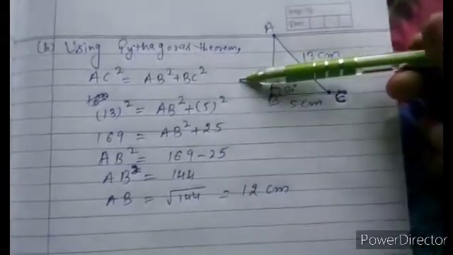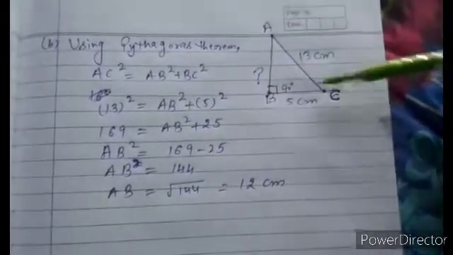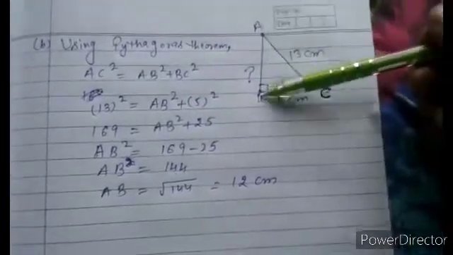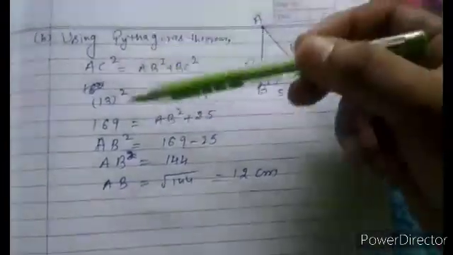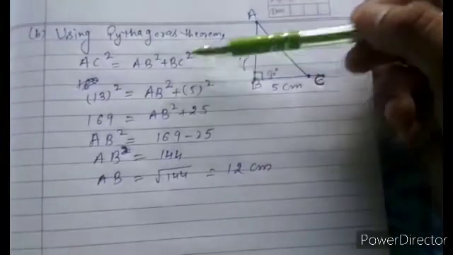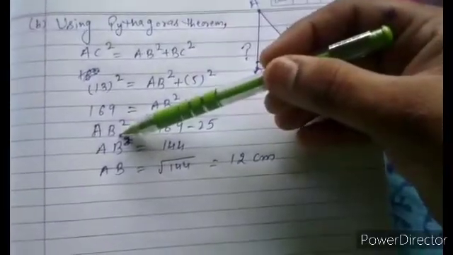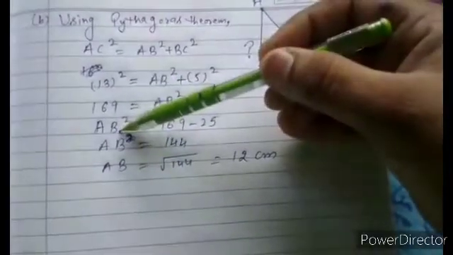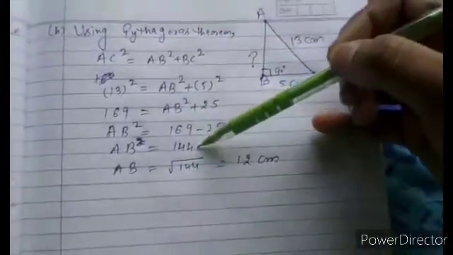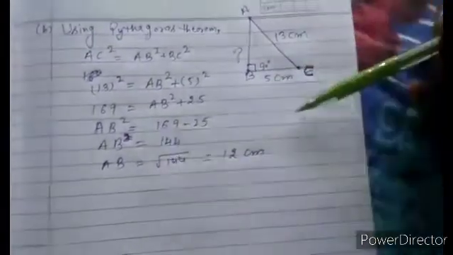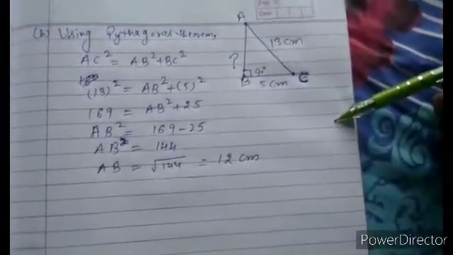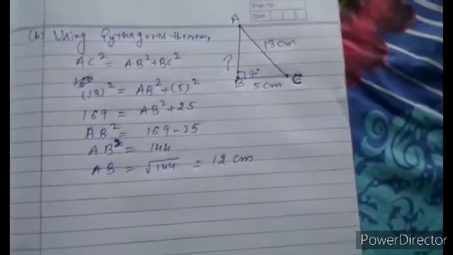Now let's see the B part of question number 7. Here AC length is given, BC length is given, and we have to find out the AB length. The same Pythagoras theorem formula will be applied here. AC 13 centimeter, AB we don't know, write it as it is, BC. If we solve, AB square we can shift to the left hand side because the value we have to find will be on the left hand side, and 169 minus 25 is 144. So AB will be 12 centimeters. Square root of 144 is 12. By solving you can show it on the right hand side of the sum. So this is question number 7 B part.